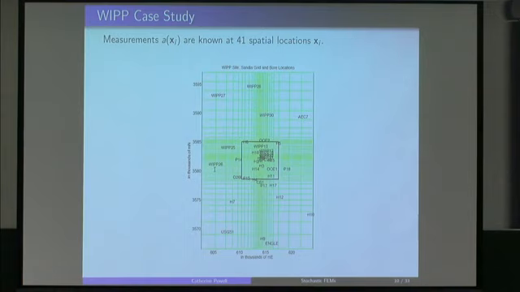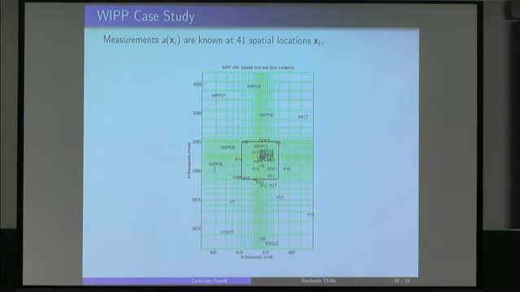This is a schematic which shows a geographical location, which is like 10 kilometers by 30 kilometers. And in this region, each of these black labels represents one location in space where a physical measurement was taken. There are 41 measurements available. You can read the report. It's about 200 pages long, and you can get your hands on this data.